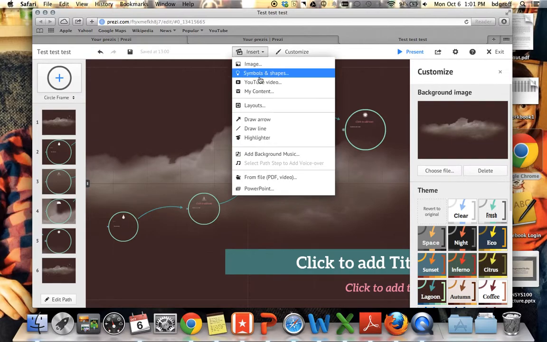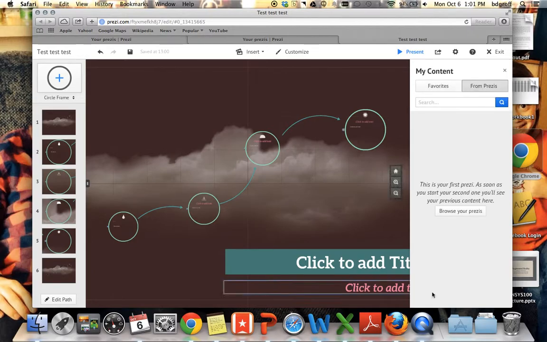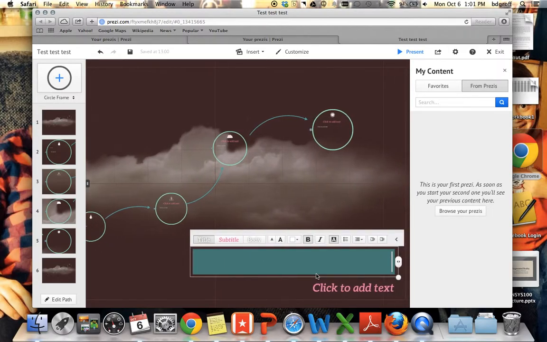And this is also where you can insert lots of different things. You can actually insert things from other Prezis, titles,